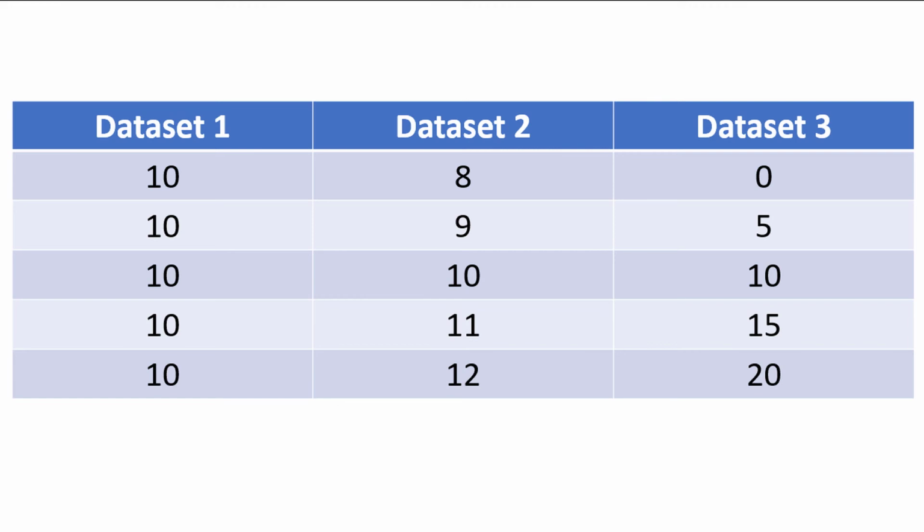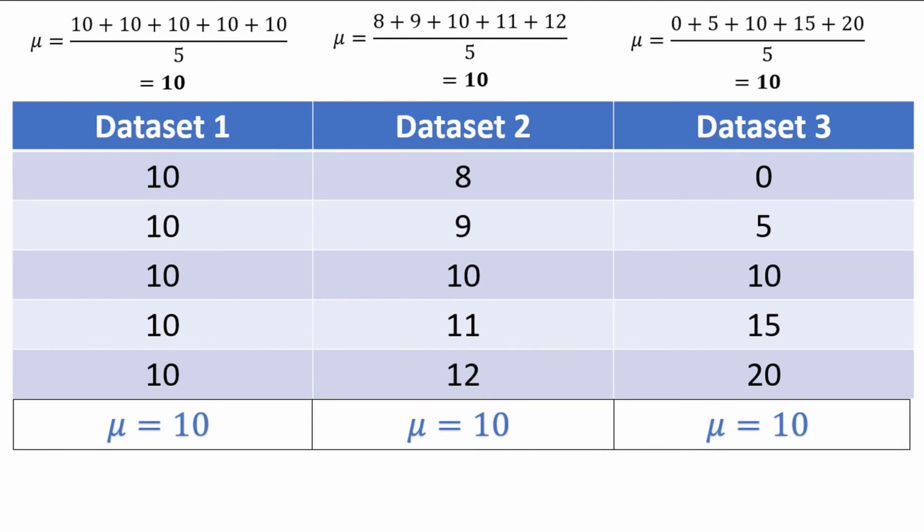Welcome, my friends. Today we will be discussing measures of the spread of data, including the range, standard deviation, and variance. First, I want you to consider these three small data sets, each with 5 numbers. If we were to calculate the arithmetic mean of each data set, you would see that all three have a mean of 10. I'm using the Greek letter mu here to represent the mean, which suggests that we have population data instead of sample data.